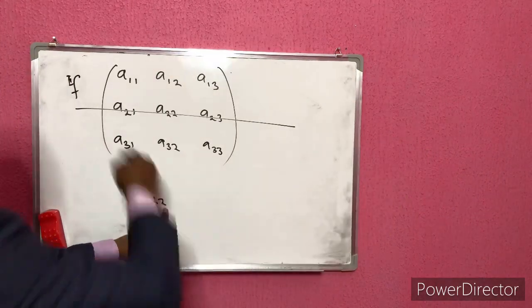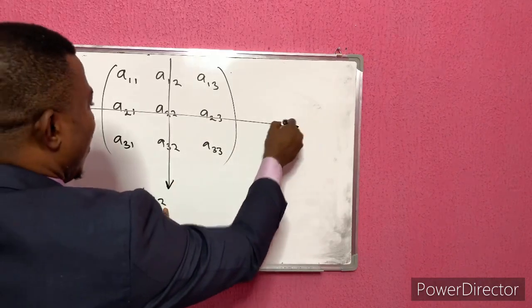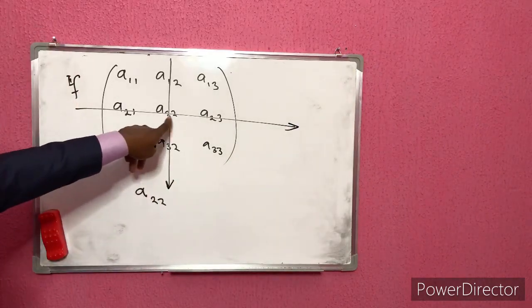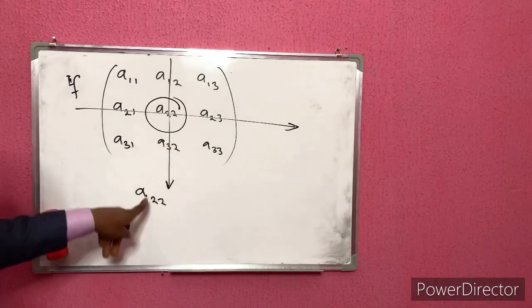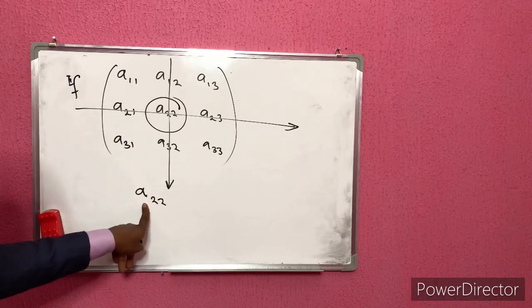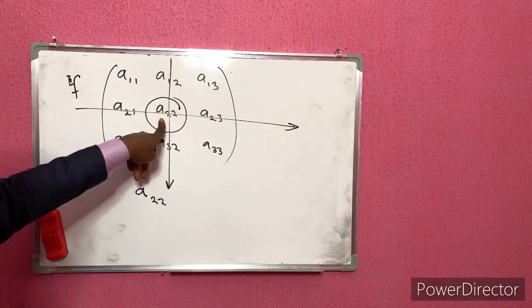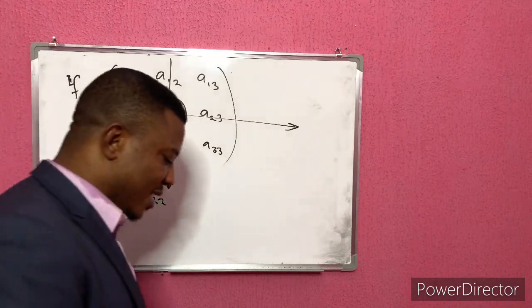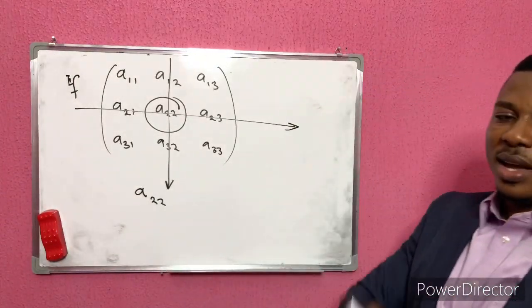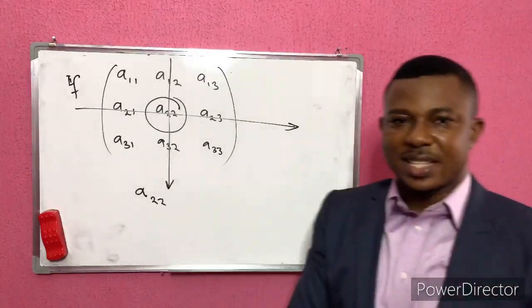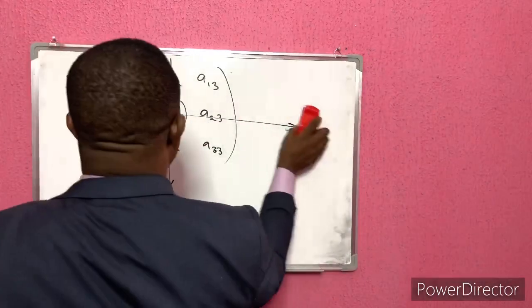Where is column 2? This is column 1, this is column 2. And this column 2 now is this. That means that where this intersect is where you have found this element. So the element A suffix 22 is found here. So the double suffix helps us to identify the position, the particular location or address of each element in a given matrix. Therefore,